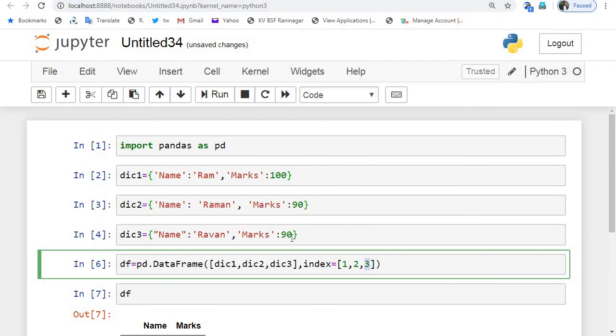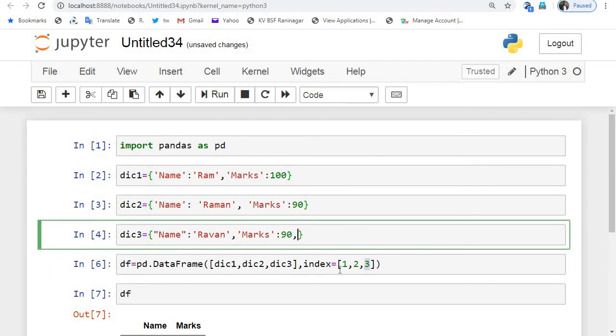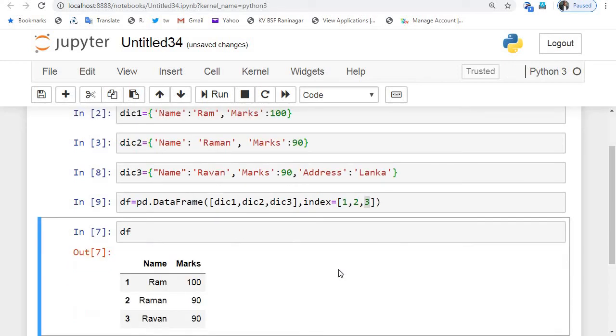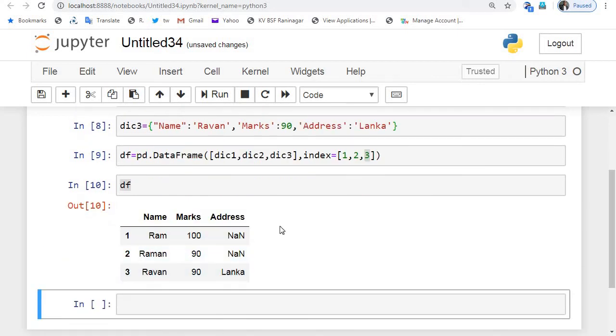Now what if any of these dictionaries have more key value pairs than others? You create the data frame again and you can see the result.